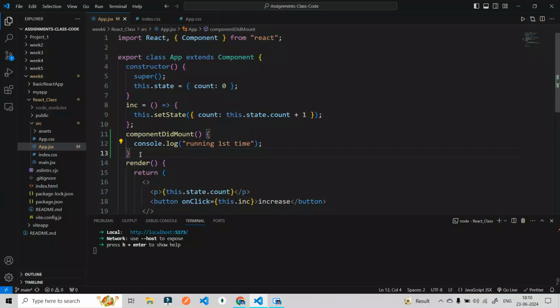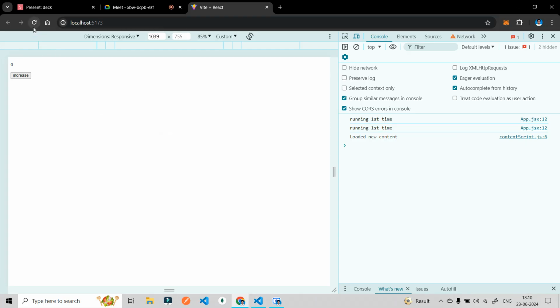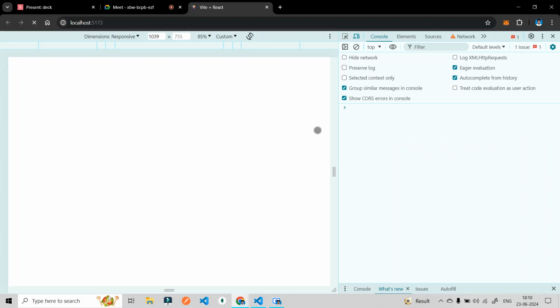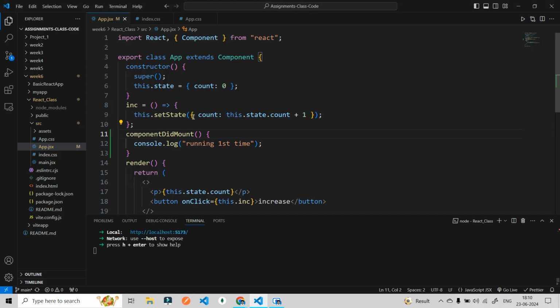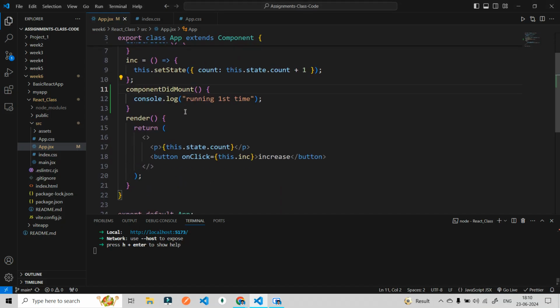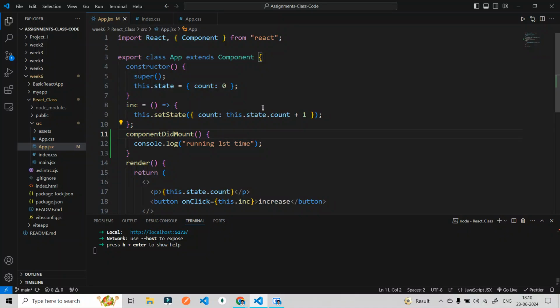So when this particular component that we have created is rendered for the first time, this particular function will run. Okay, so componentDidMount will always run when the component first renders. If I refresh this again, what you will see is "running first time". Okay, running first time. If I change something in this component, if I increase the counter, which basically means that